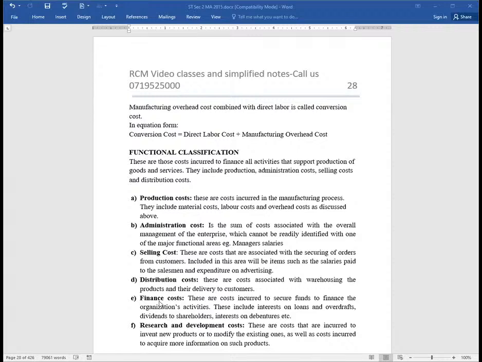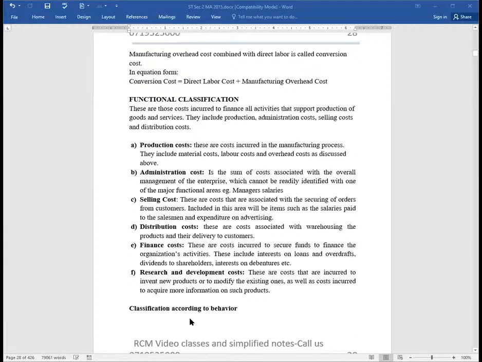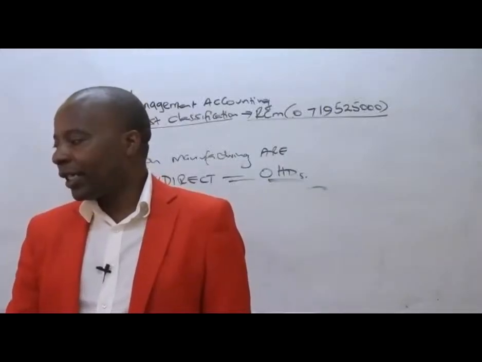finance cost. Of course, you need to be accounting for whatever you do in your company. So these are serious functions. These have to be categorized. We must have costs related to that, like the wages and salaries of the accountants, etc., research and development. What you're supposed to understand, ladies and gentlemen, in short, is the fact that